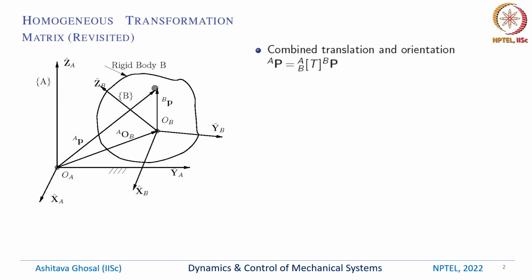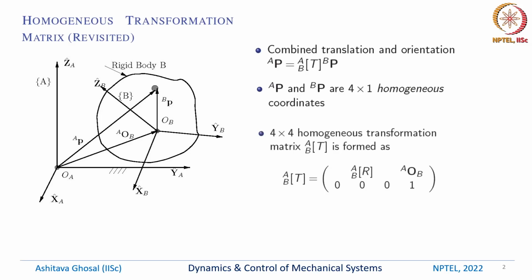We added another equation which was 1 equals 1, and then we combined the translation as well as the orientation of this rigid body using this 4x4 homogeneous transformation matrix, and we would obtain an expression A capital P equals ABT into B capital P, where A capital P and B capital P are 4x1 homogeneous coordinates. So these are nothing but the position vector which is 3x1, and we concatenate a 1 with that 3x1